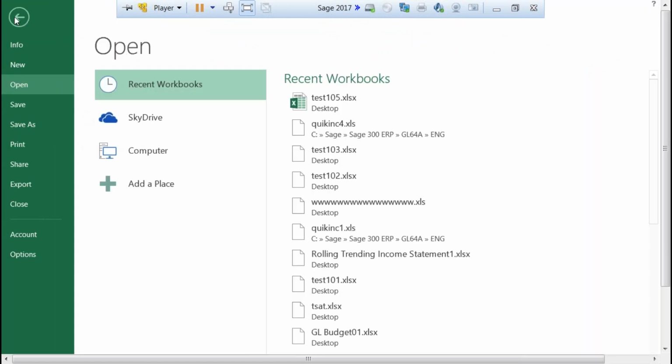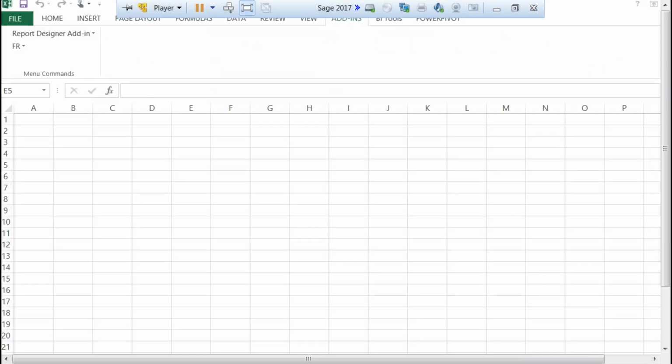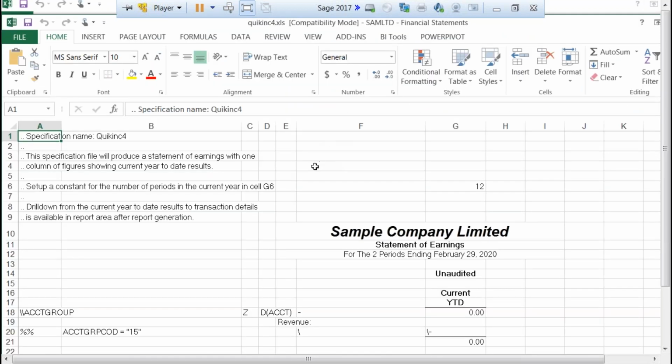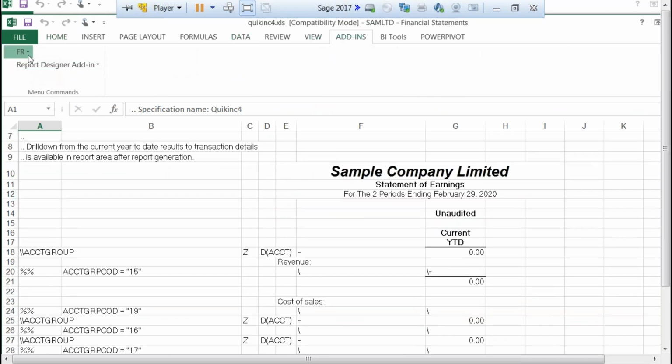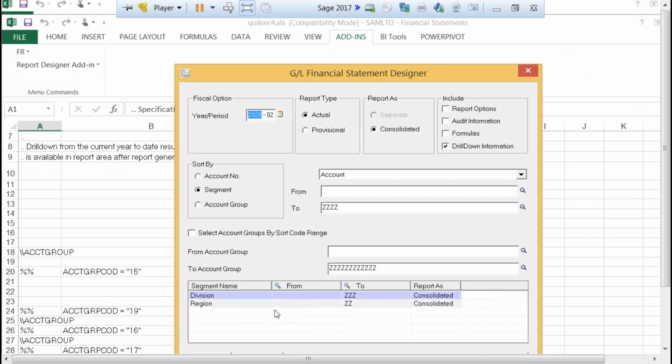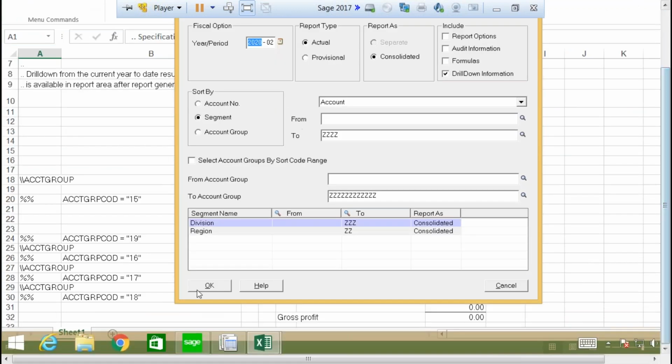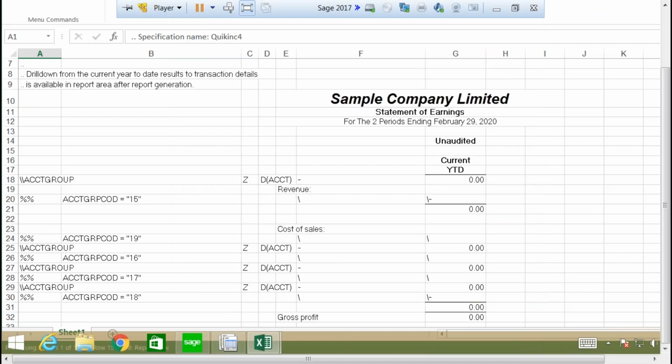So I'm going to open up one in particular, Quicking 4. The reason I'm using this particular one is because when I run it, so I go to my add-ins, I go to FR, do FR view, and sure I can accept all of that. And I'm just going to hit OK. So it's going to run,